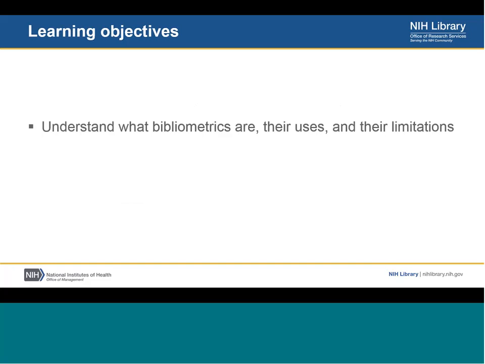Some of the learning objectives for the entire series. The first thing we wanted you to be able to understand is what bibliometrics are, what their uses are, and what their limitations are. Bibliometrics are very, very powerful tools, and they can be used for a broad range of applications, but we also want to stress what the limitations of bibliometrics are, because there are some very, very serious limitations